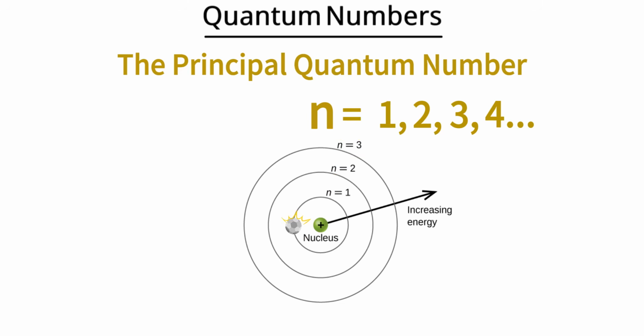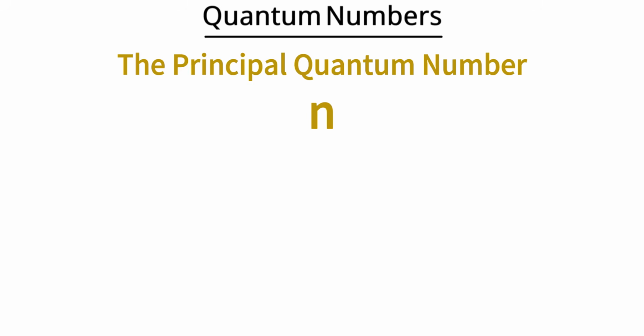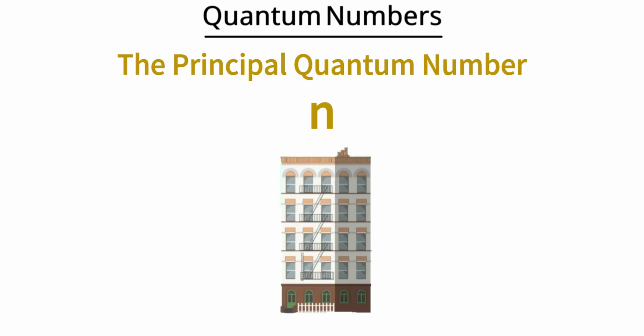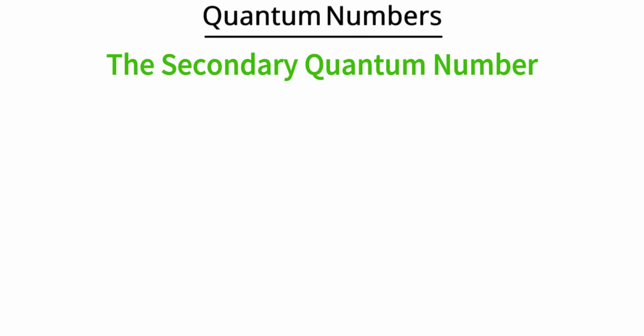As the value of n increases, the electron is farther from the nucleus and has more energy. This also means that electrons with higher energy are less tightly bound to the nucleus. Think of the principal quantum number like the floor of the apartment building. The higher the floor number, the farther away from the ground you are, or the nucleus of an atom in this case. Now, the second quantum number is the secondary quantum number, which describes the shape of the electron's orbital